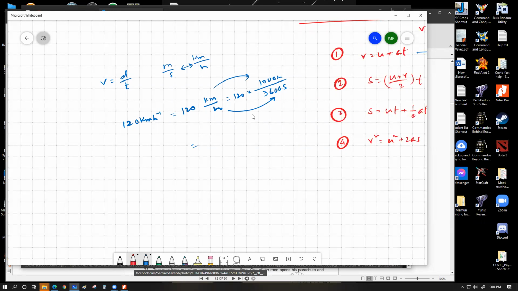This is giving us 33.333333. So 33.33 meter per second. Same way, if you're trying to go for 30 kilometers per hour, the same drill is that 30 into 1000 divided by 3600 meter per second, which should give you 8.33